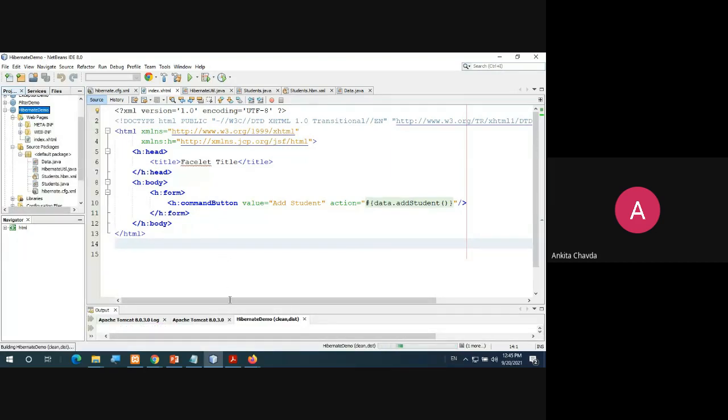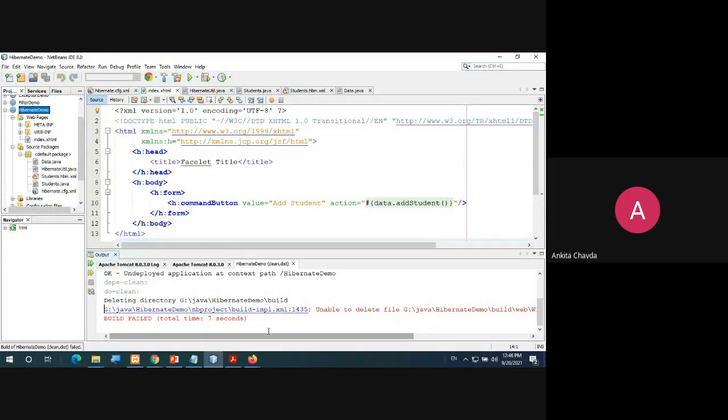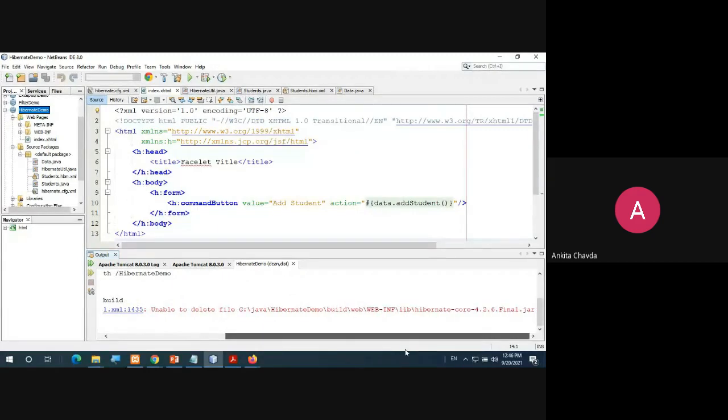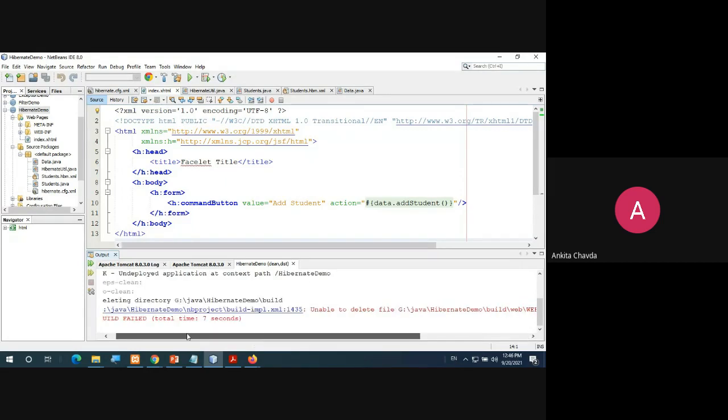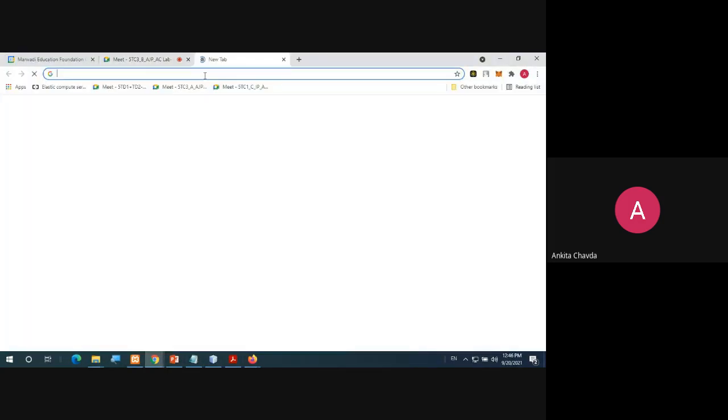One more time, let's try with this clean and build. So some of the files are missing, maybe they are saying. So let's download it, if that is the case.